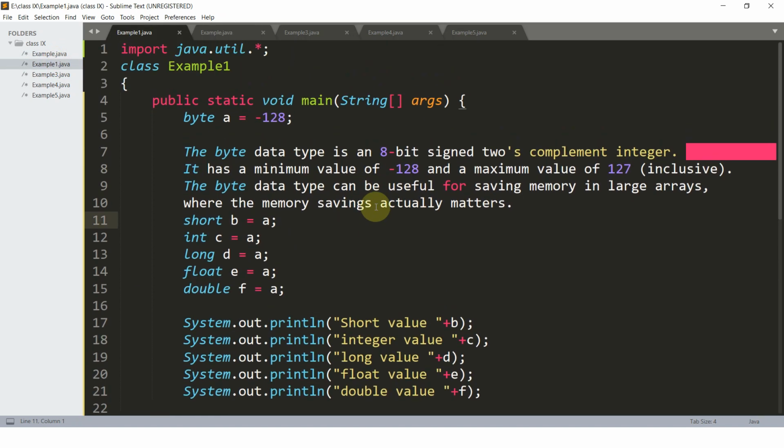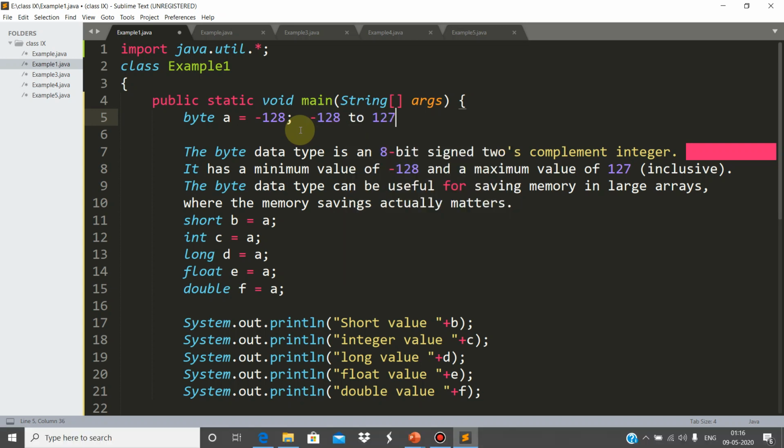in which I have taken a data type which is byte, and initially the value of byte is minus 128. Children, actually the range of byte data type is from minus 128 to 127. This is the range, and I have considered here the smallest value.